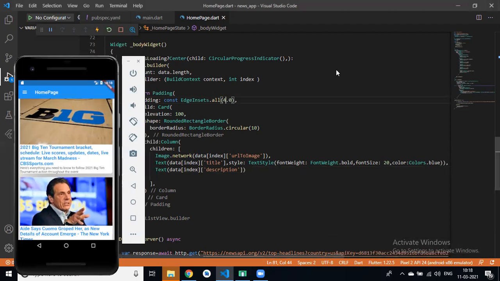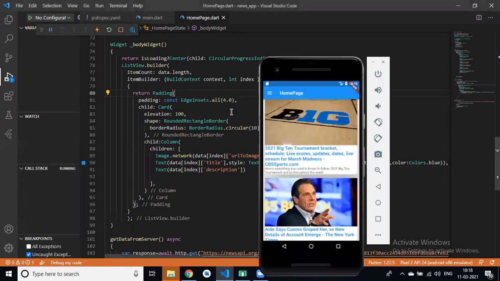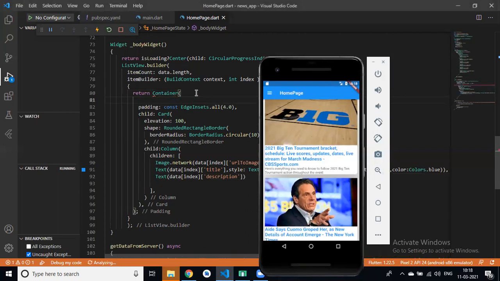And we can also set, in this container we also have the padding property, right? And a color property, in color we can pass Colors dot white.